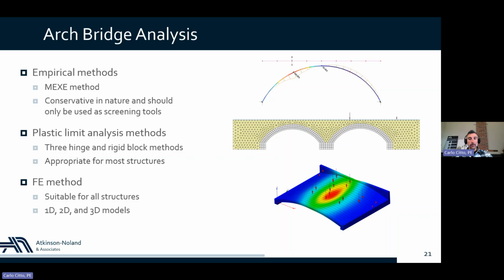Well, let's talk a little bit about the analysis of these structures. What options do we have? Well, there are a few options. We can use empirical methods, which are conservative in nature and should only be used as screening tools. There are also other methods like plastic limit analysis that are more appropriate, but they still have some limitations because they're based on a 2D, two-dimensional approach. And then we have the finite element method, which it's fair to say is the most common